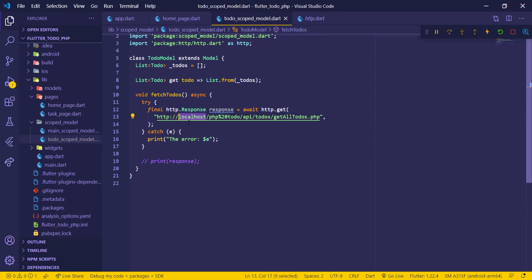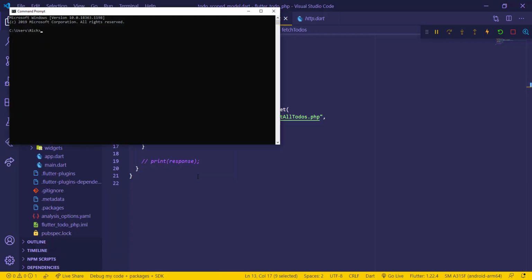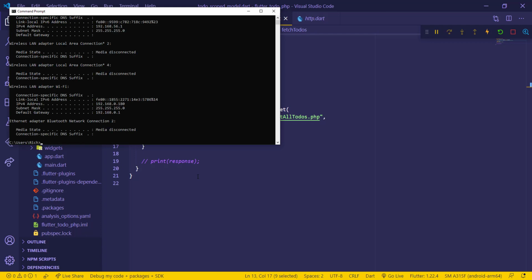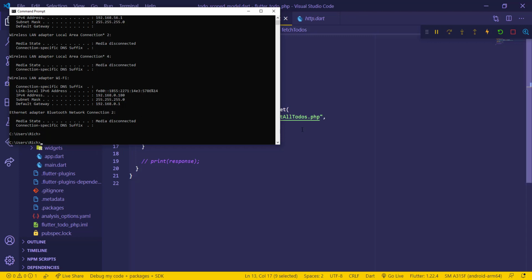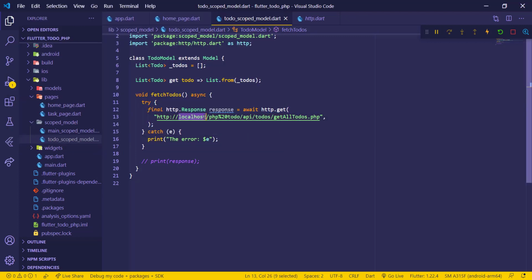Now the reason is because we have localhost here, which doesn't make sense. So the solution here is, Flutter cannot connect to localhost that way. So the solution we have to do is to use the IP address of our Wi-Fi. So I'll open command prompt, and then do ipconfig here, and the IP address should be this, I guess. I'll just copy this, and then I will replace the localhost with this one, save it,